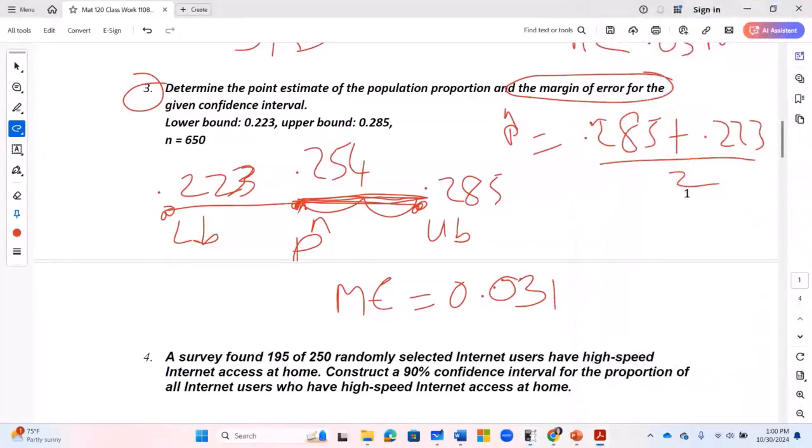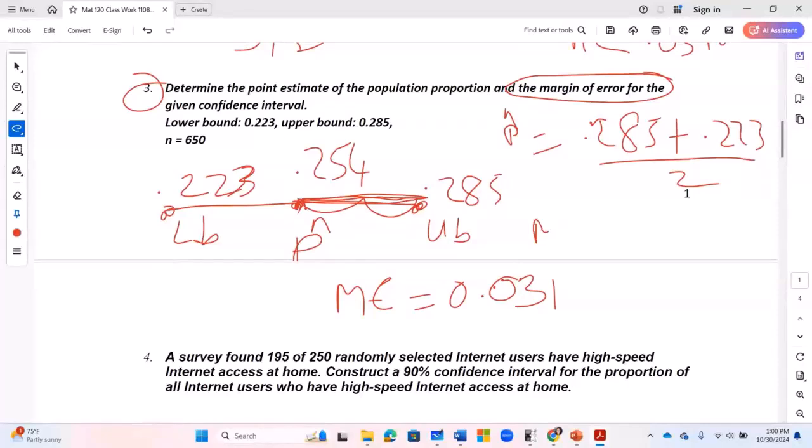And by the way, because the margin of error is the same on the left and on the right, I can now say margin of error is equal to plus or minus